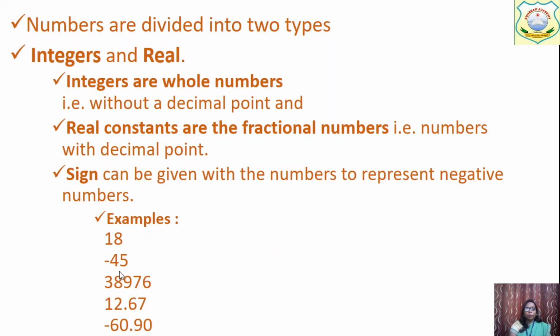Okay, and one more thing, we can put a sign. We can put a sign for what? To represent negative numbers. You know the negative number line you have studied. From 0, if we proceed towards the right-hand side, we have positive values 1, 2, 3, 4, 5, 6, 7, 8 till infinity, and on the left-hand side we have negative values like -1, -2, -3, -4. So all these are integers. We have negative integers and positive integers both. So to represent negative numbers we can put a minus sign.